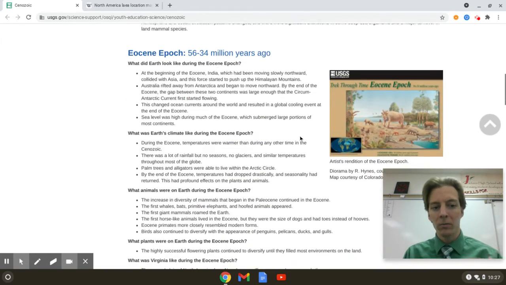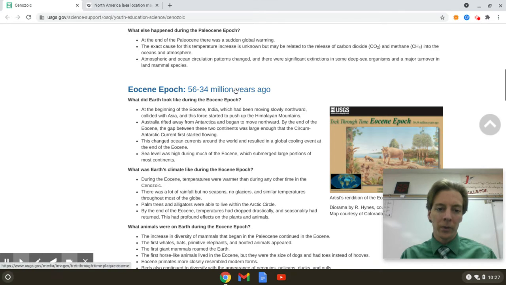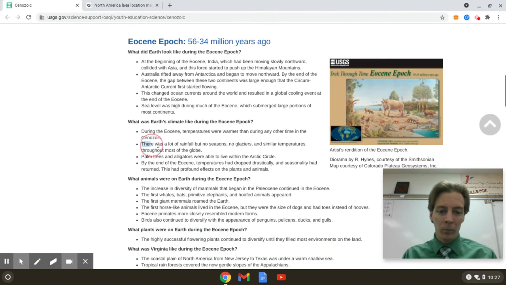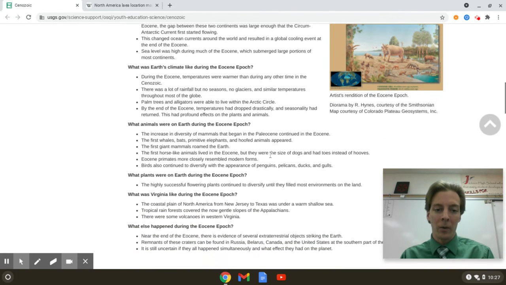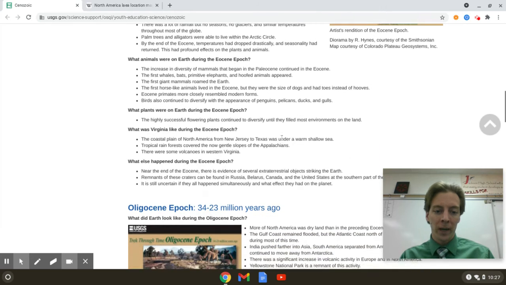And they get, right, they've changed quite a bit. Now we're fast forwarding, so 50 million, only 50 million years ago. Rainfall, no seasons, no glaciers, still the temperature. So the seasonal aspect of Earth isn't what we would expect it to be now, right? Plants, flowering plants continue to diversify.